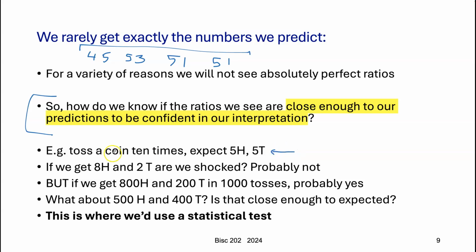So suppose you tossed a coin 10 times and you expected to get 5 heads and 5 tails, but you didn't. You got 8 heads and 2 tails. It's not very likely that you'll get that. It's a fairly rare thing. But it's not a shocking, oh my God, kind of result, because that can happen. You could get 10 heads in a row, right, and 0 tails. So that's not surprising. But if we did 1,000 tosses and there was 800 of one and 200 of the other,